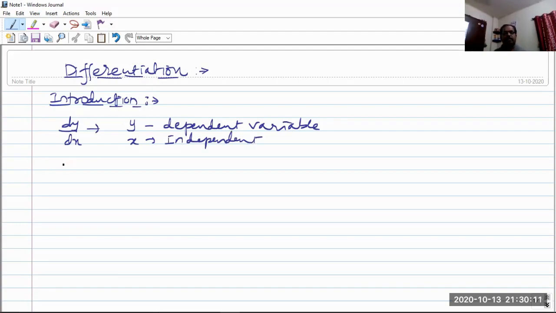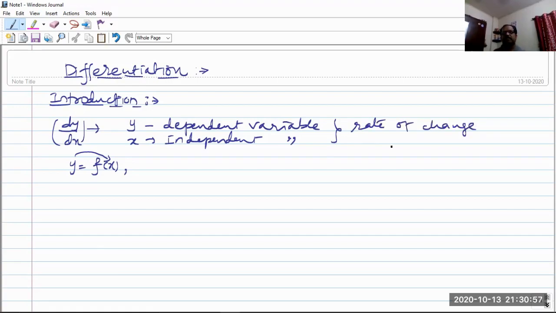In general, our function, which we have seen in the topic of functions, is expressed like this: y equal to f of x. That is, we say y is a function of x. So here y is defined in terms of x, meaning y depends on x, so we can say y is the dependent variable, whereas x is the independent variable. Understood? So the differentiation of a function with respect to the variable x is nothing but the rate of change of one quantity with respect to another one. So the basic concept is the rate of change.